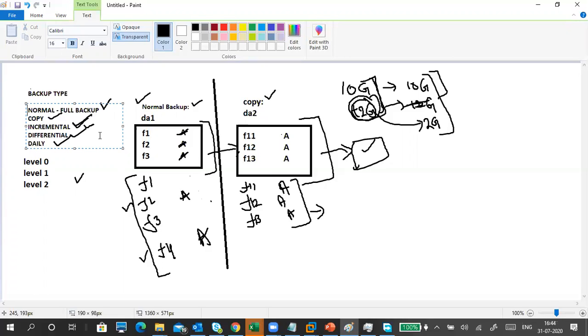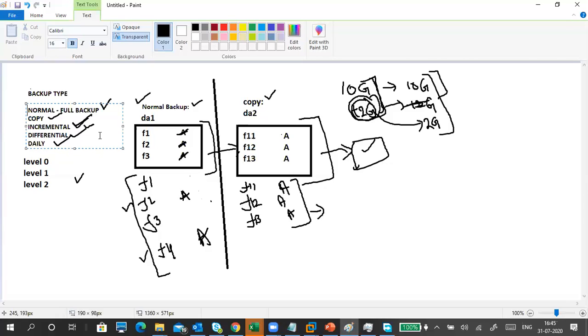Normal backup means it backs up the data of everything. Okay, once it is backed up, it will be marked as a backup. Copy backup will also back up every file, all selected files it will back up, but it does not mark them as a backup. Incremental backup only backs up those which are created or modified since the previous backup; it won't back up the already backed up ones.